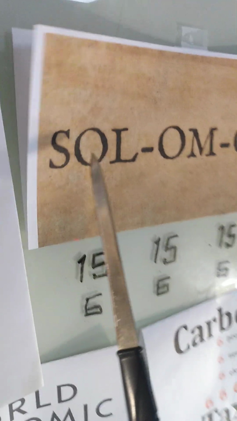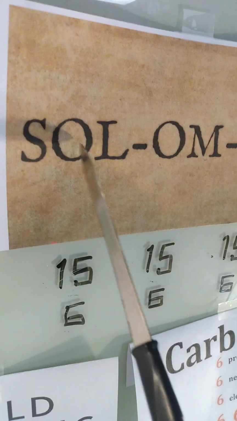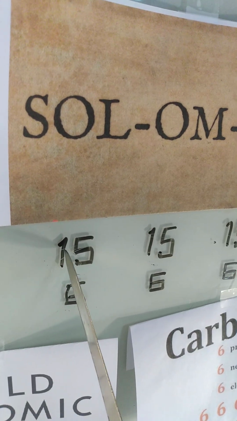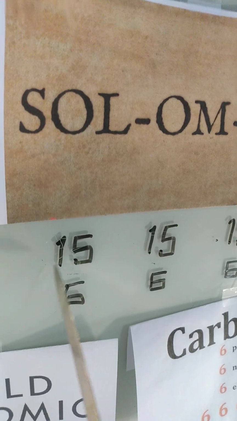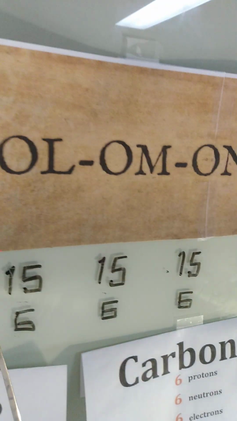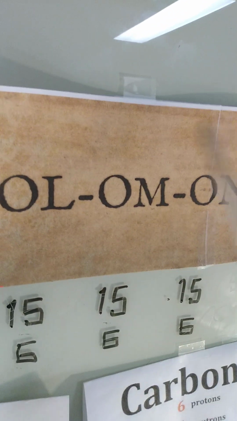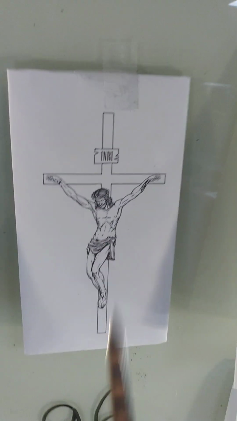So Solomon. But inside here we also have the word witchcraft, okay, where the circle here, the O, is the 15th letter of the alphabet, and 1 plus 5 equals 6, and it's the same thing down the line here, so that's 666. Inside here you got the sun, the moon, the sun, and the sun, and it's witchcraft, okay? And he happens to be the light of the world.